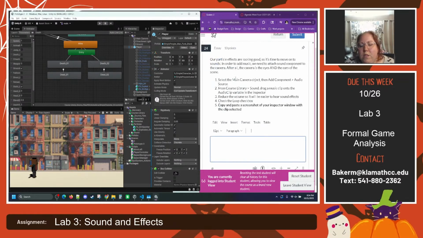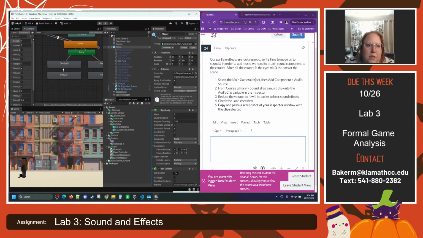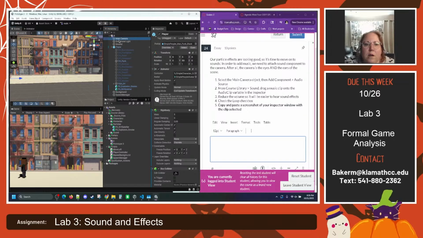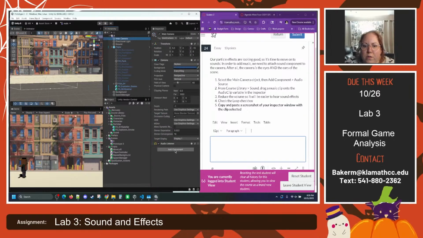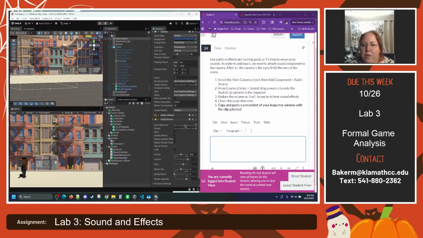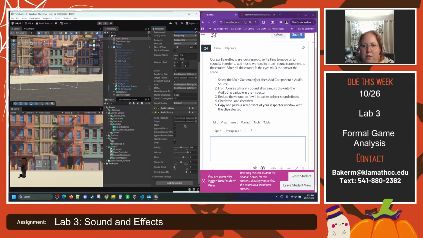Okay, so we need to add music and sound effects. So the camera acts as our eyes and ears. So we're going to do a sound component. So I'm going to drag this back over, drag the scene, grab our main camera here, and then we are going to add a component, and we are going to type in audio source. In the audio clip variable,